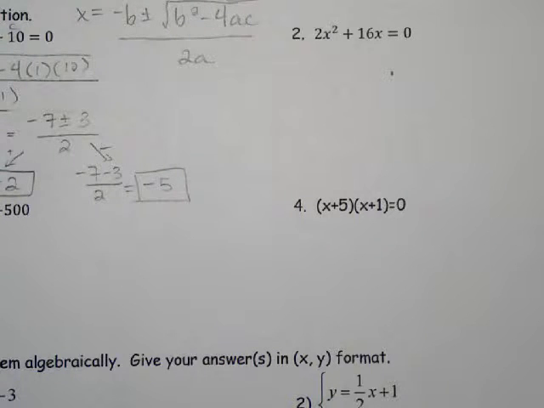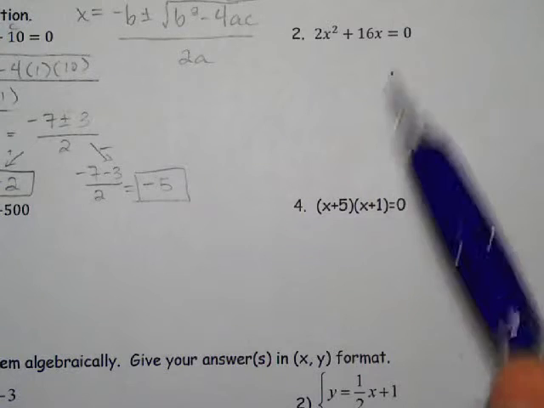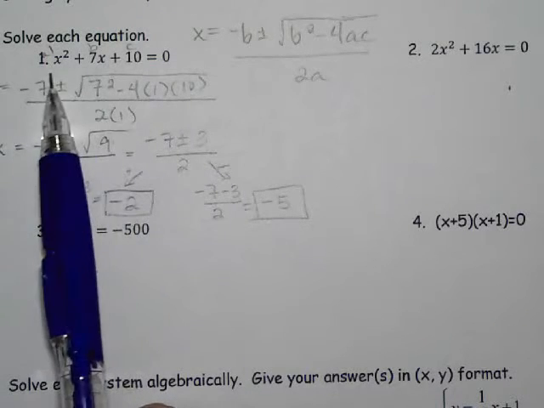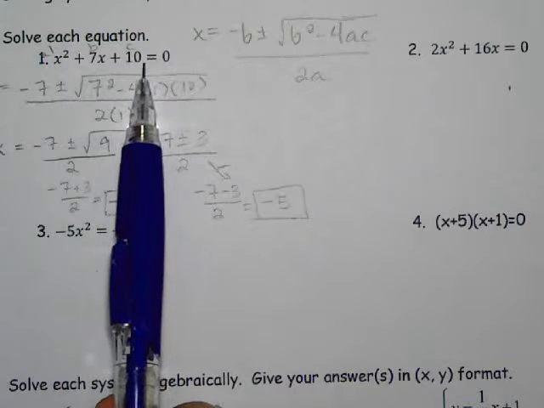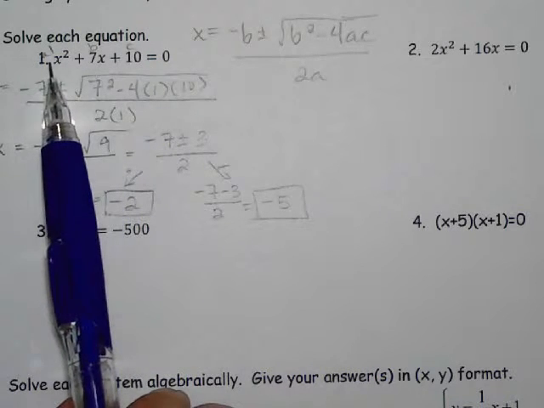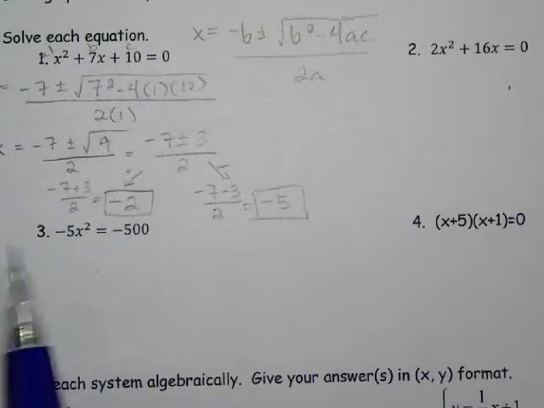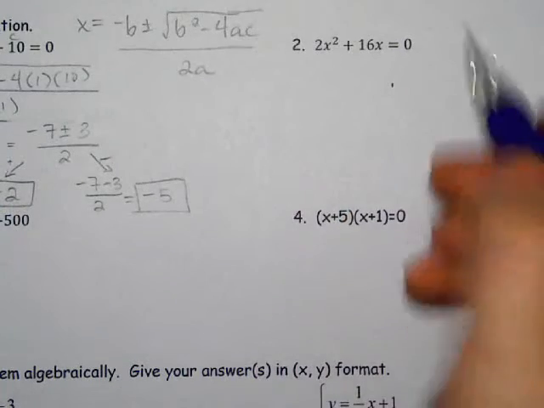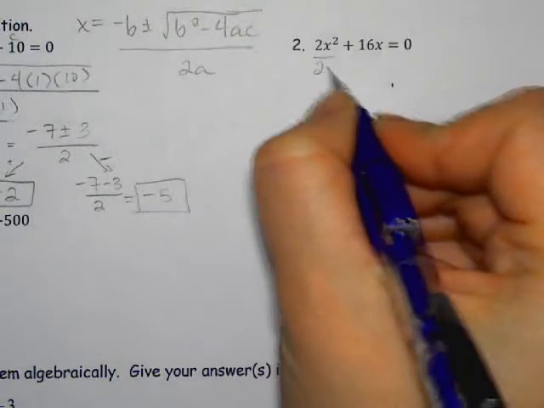I could use the box and diamond to factor that, but it's a lot of extra work. So what can I look for instead? An x. So if I look at this, I'm looking for that greatest common factor, so I can factor it just using that. I can't do that with something like this, because I don't have an x with the 10, and 10 and 7 and 1 don't have a greatest common factor except for 1, which is not helpful. But I do have a greatest common factor for 2x squared and 16x, and that is 2x, because those are